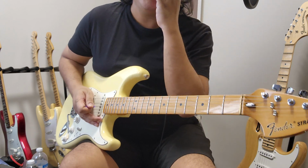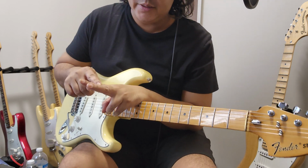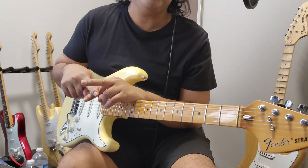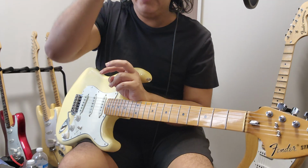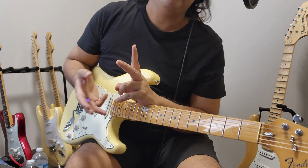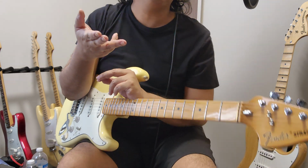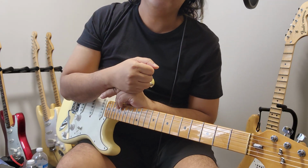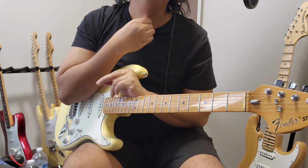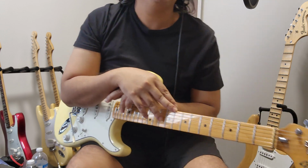It also happens on a YGM Strat. I've had two YGM Strats that had a rosewood fretboard. One was a Sonic Blue, and one was a Vintage White, which I had to sell in different years for reasons that I can't remember. The most recent I sold was a Fender Vintage White. I sold it in 2020, I guess, for medical reasons. I had to use the money for medical reasons, but